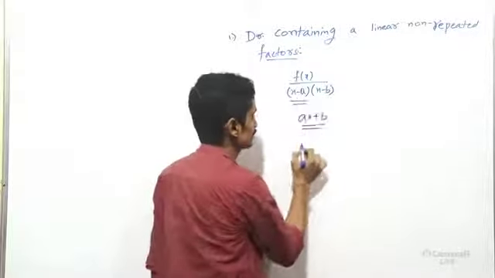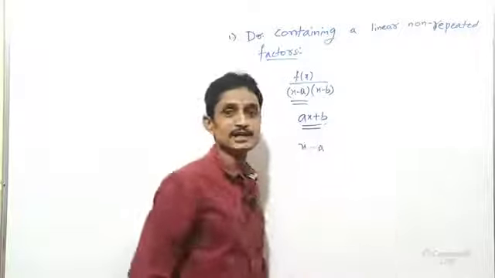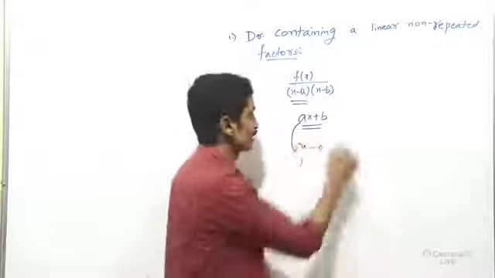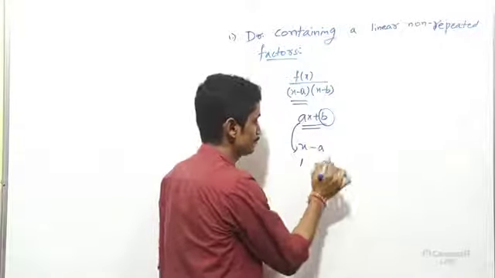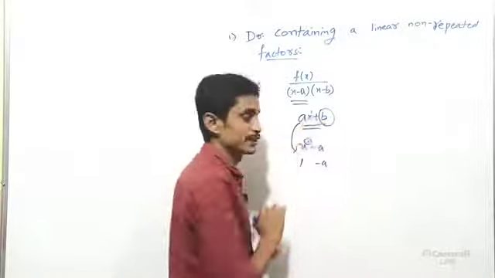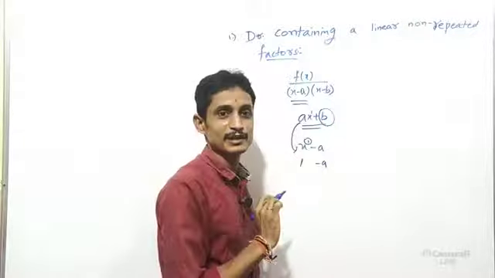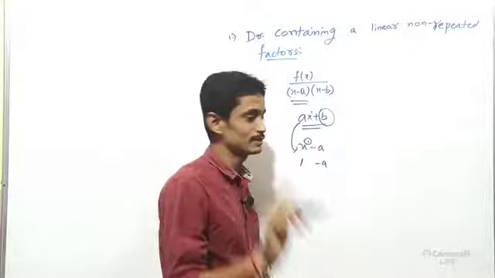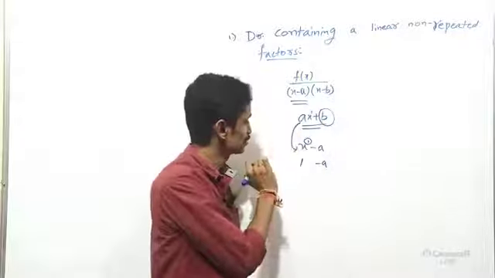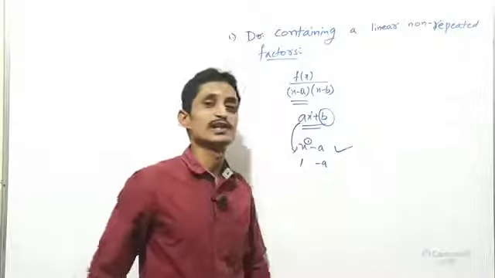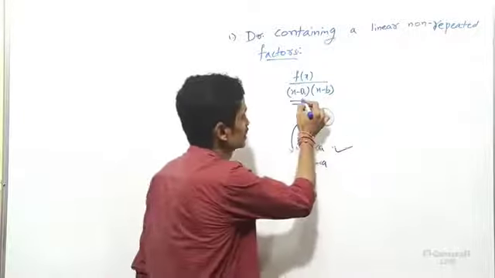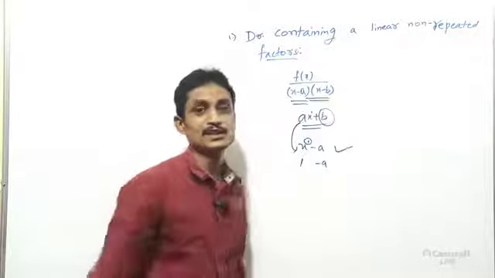Why am I considering this x minus a as a linear factor? Because here the value of a is 1, in the place of b I have minus a, along with the power of x, here nothing means 1, here too nothing means 1, these two are the same. The polynomial's highest power is called its degree. That degree is 1, such polynomials are called linear polynomials. Those linear polynomials are written in the form of factors.